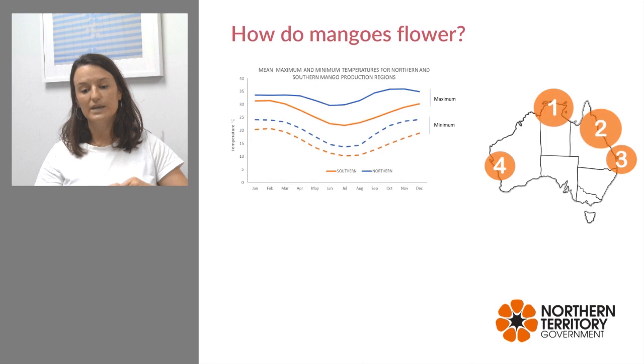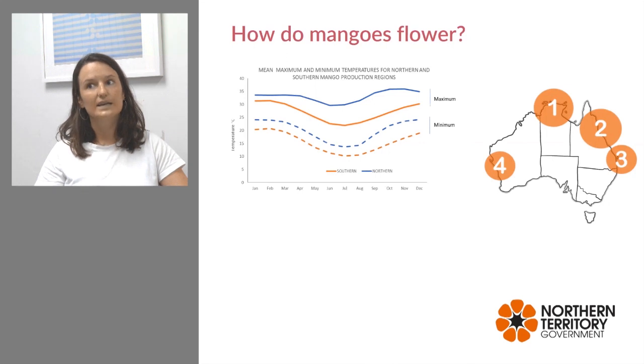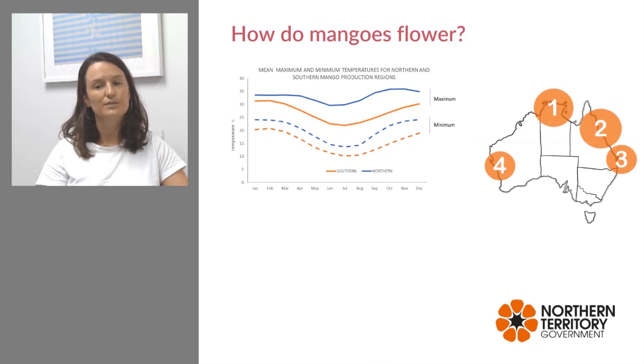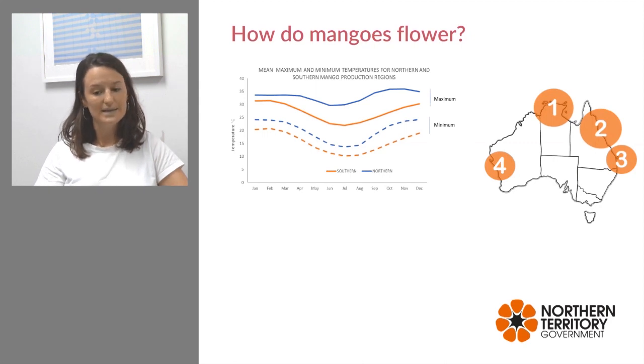So we know that the arrival of the dry season here and the arrival of winter elsewhere should trigger flowering, and in most cases that does occur. So it happens up here right at the beginning of the dry when we start getting cool temperatures. However, the response of mango buds to temperature is a little more complex than that. So it's important to consider that complexity if you are a producer, but also if you are measuring the impact